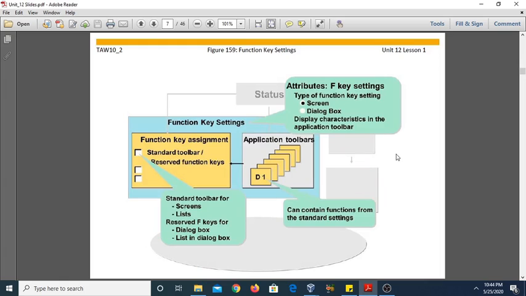Come to the next topic, function key settings. You can also change these function key settings by using the standard toolbar. These standard toolbars are generally used for the screens as well as lists, and there are some reserved function keys for the dialog box as well as list in the dialog box. So you can change it by using the standard toolbar. This function key setting generally comprises a key assignment and an application toolbar push button. You can assign a function to individual function keys